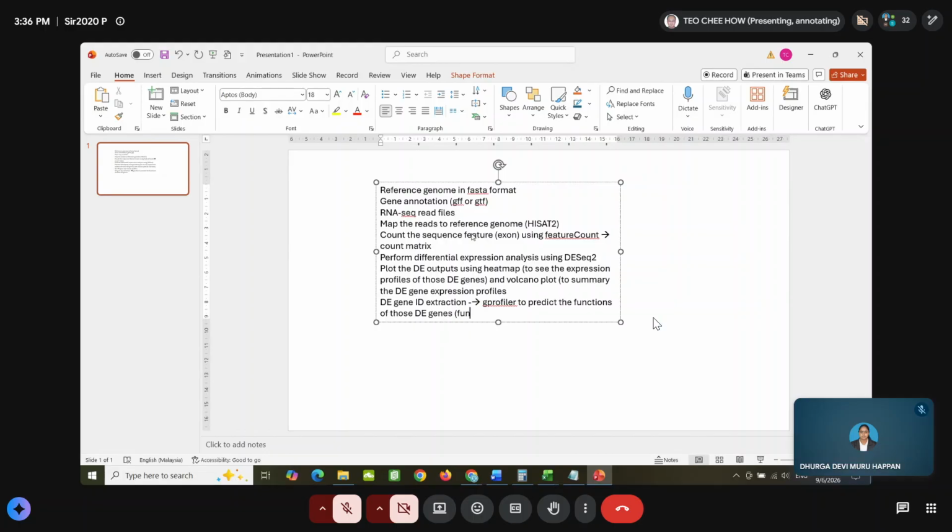So basically, this step is to functionally characterize the DE genes to know which GO and KEGG pathways they are involved in, and also to know which pathway the DE gene regulates.